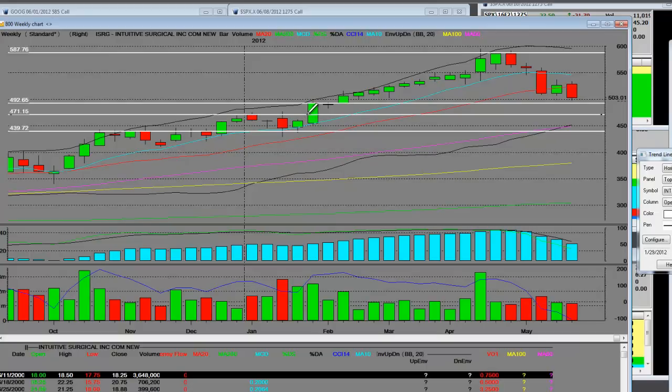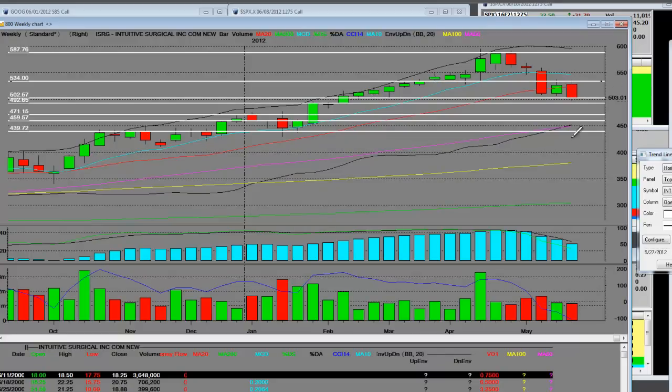However, if you break down here, you've got 471 down here if you break the support levels, and all the way back over here other levels at 459. But if you're breaking down, and this thing breaks this support level, and we continue to sell below the 20-week, which is going to be resistance, they go a lot lower.